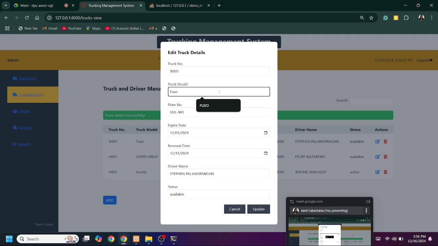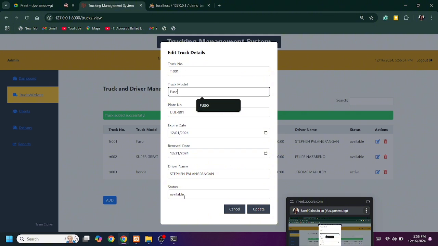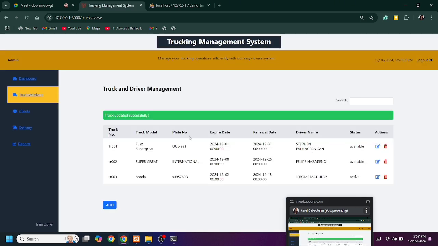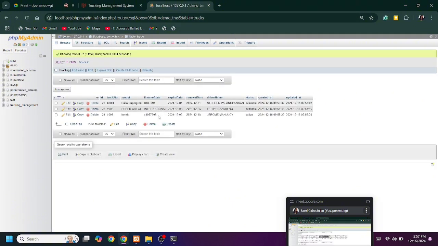You can edit here, and then update. Once you update, it will automatically update the table, and it will show a truck update success message. If you refresh, it was successfully updated.